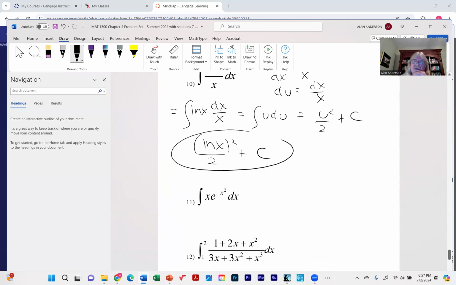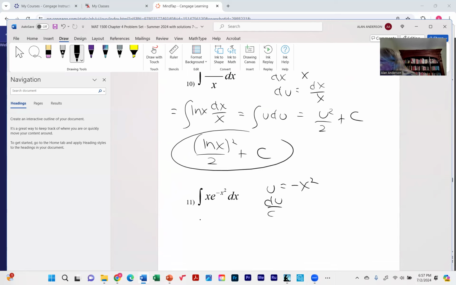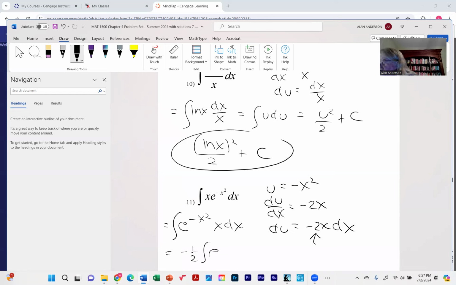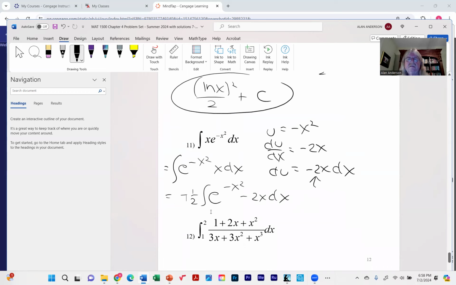Now this one is a little different. Well, actually, no, it's not. Like, look what happens here. Let's try u equals negative x squared. Yeah, looks like all we need is to supply a constant. We need the negative 2. And so what we have here is,